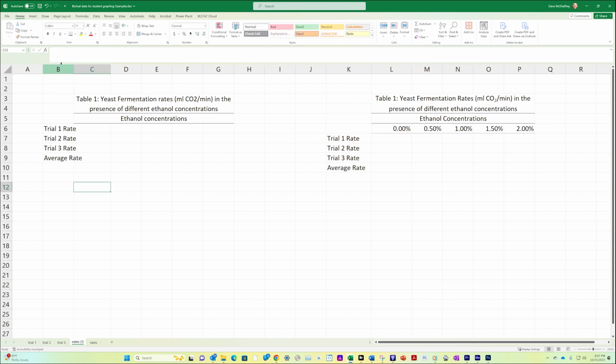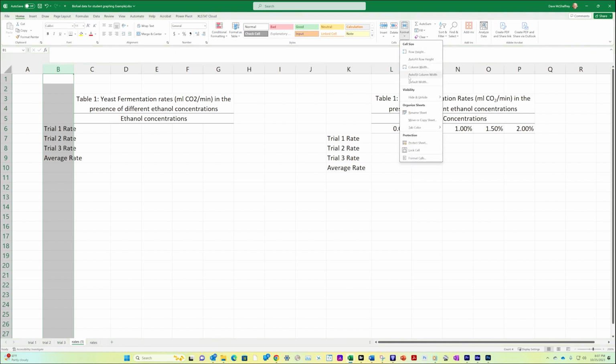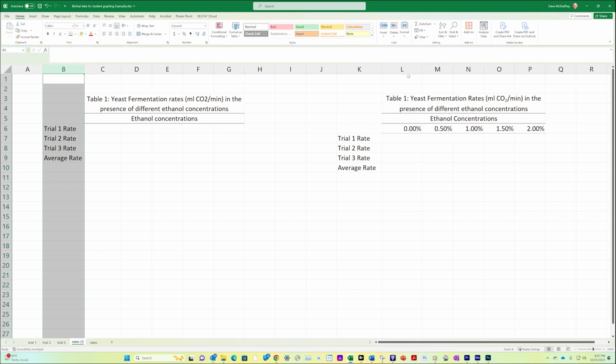Okay, these are getting a little bit crowded, so I'm going to click right here. I'm going to come up over to where it says format, and I'm going to go auto fit column width. That's a great one to have in your toolbox. Okay, and I messed up. I need to move these down a row because I still have to get in